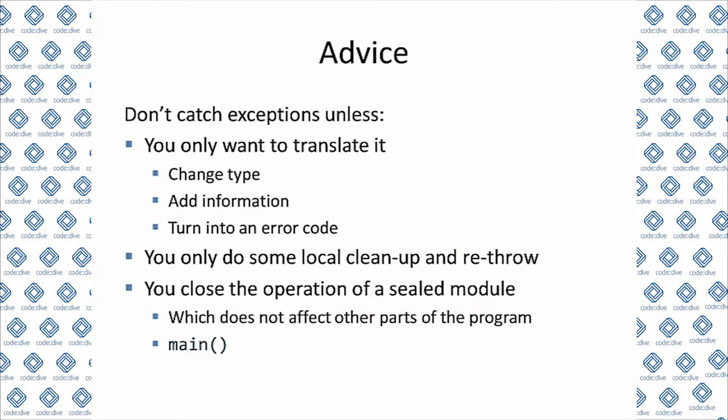You wouldn't expect those catches to be anywhere. And function main. You usually want to catch it there. It's also a sealed module. And if you don't, you are not even guaranteed that destructors of local objects will be called. So only to enable that, calling the destructors of local objects, it may be a good idea to catch an exception in main. Sometimes this is because of how the language is designed, or sometimes you have to temporarily deal with suboptimal design, so there is a reason to catch an exception only temporarily to change it somehow, add information, convert the type, but you let it go.